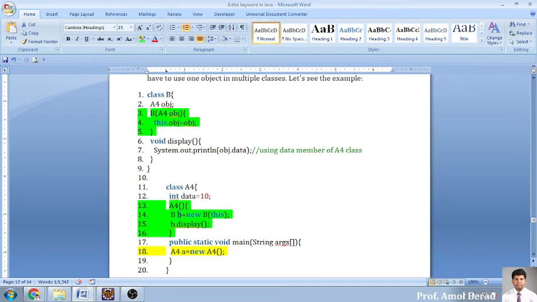and here now externally you have created object b, but you are referring object a. You will be referring this class into your program, and whenever I am calling display function, this object will be passing the value of data, that is 10, to this a4, and it will be displaying the data which is present into your a4, and we are displaying this one in a very systematic way.